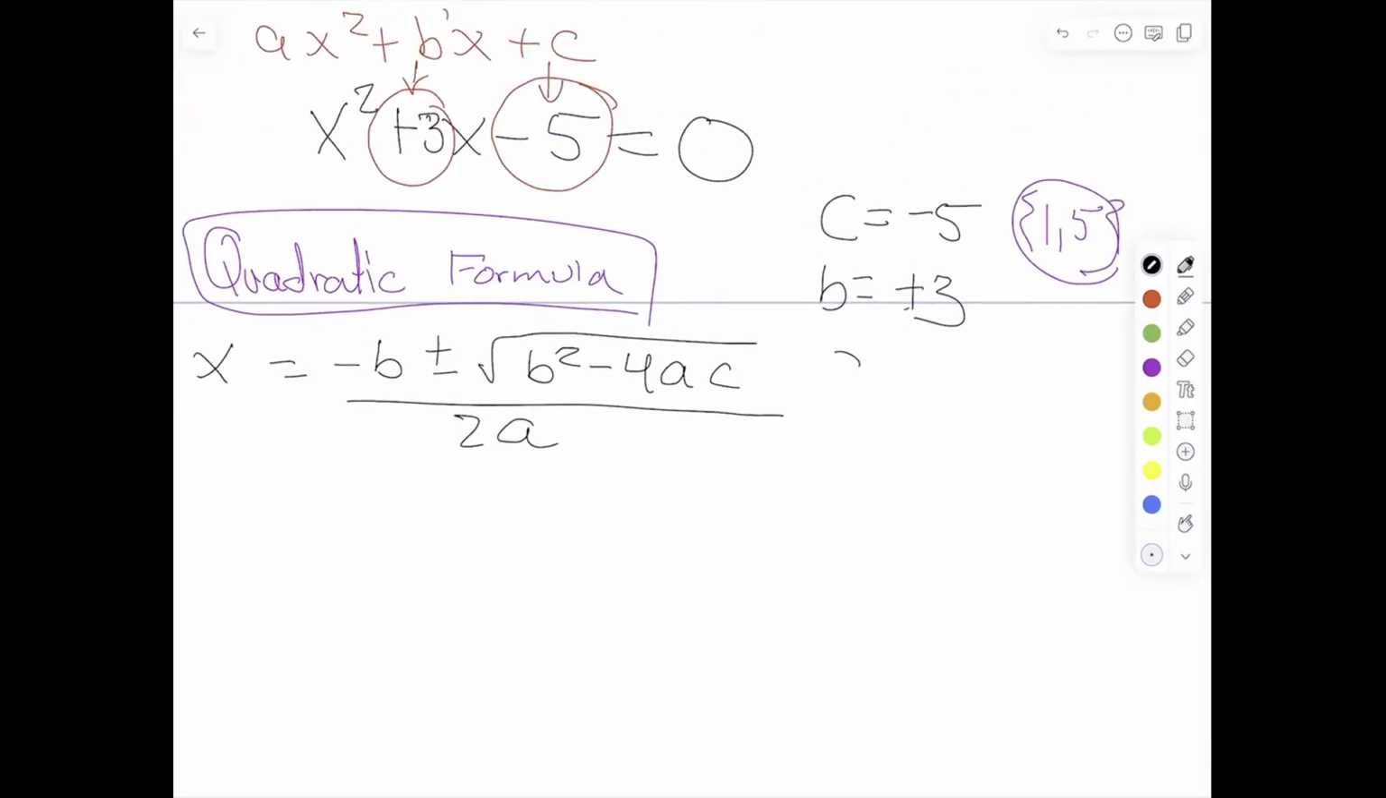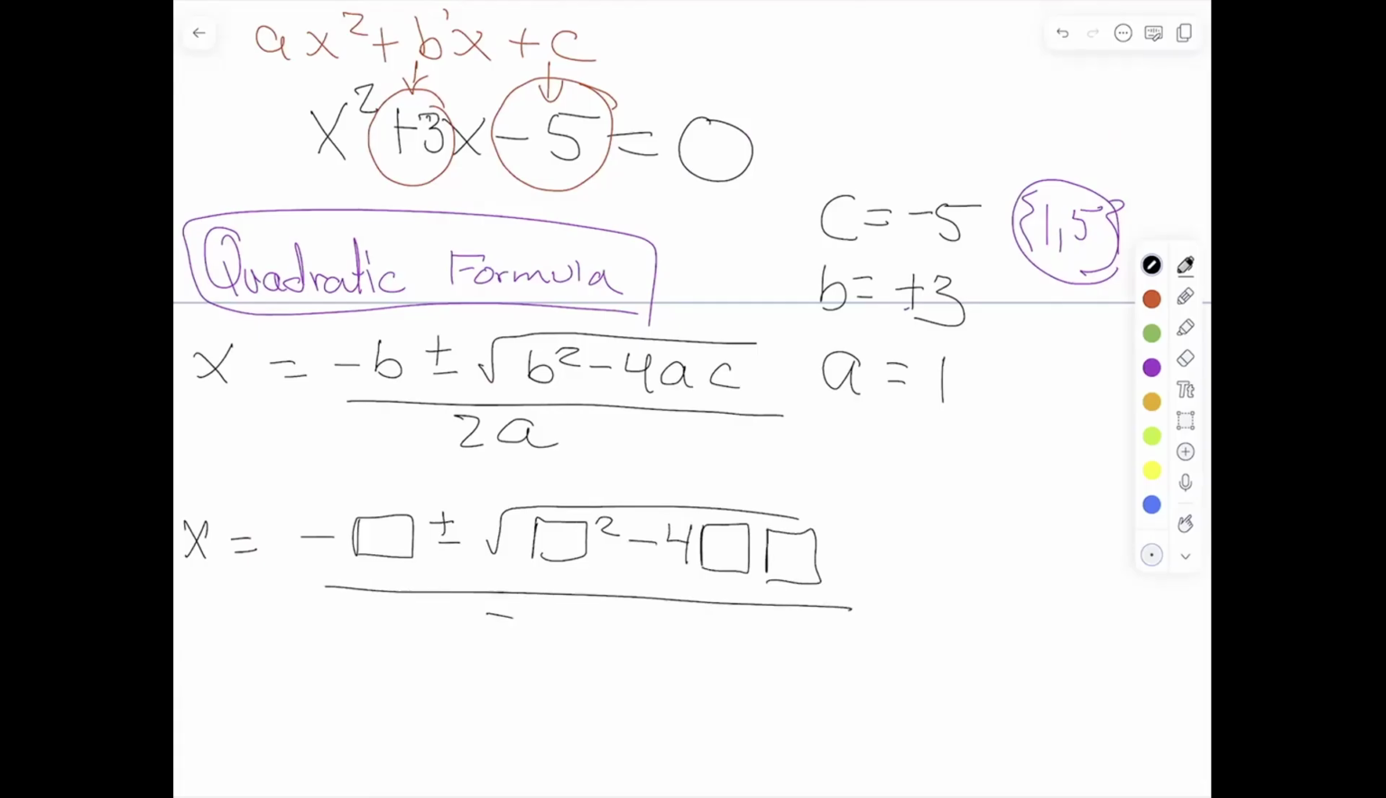What is my A value here? I just wrote it. What's my A value? 1. So now X is equal to negative box plus or minus the square root of box squared minus 4 times a box times another box over 2 box. You don't have to do my boxes. This is me